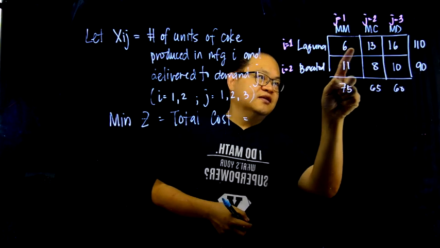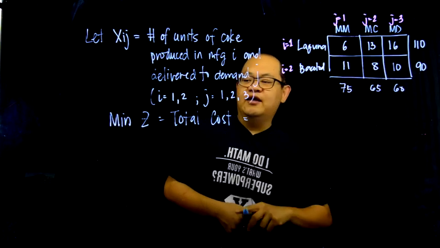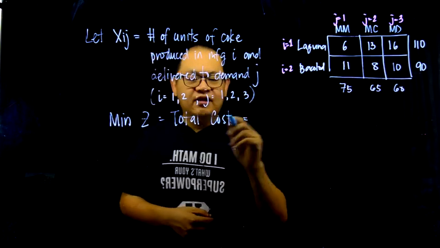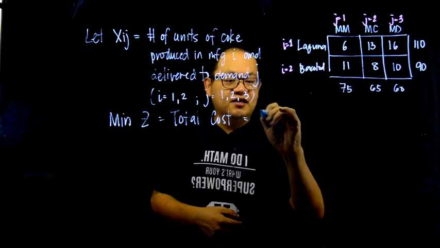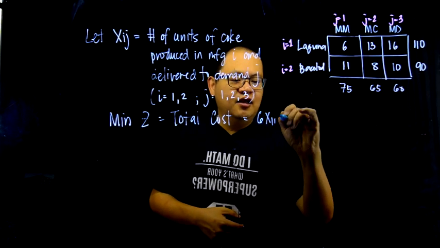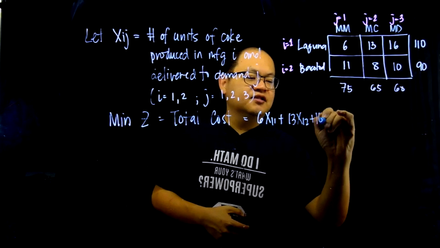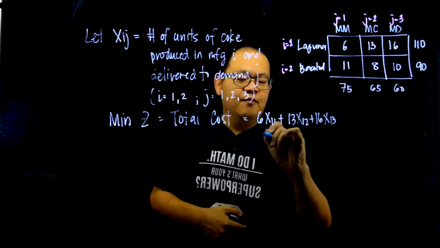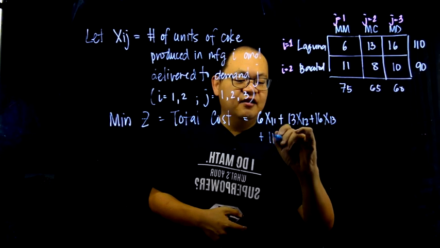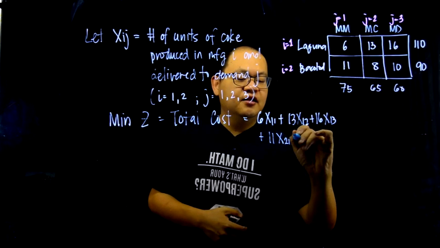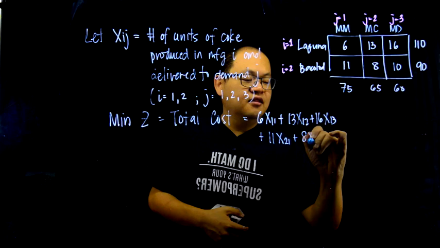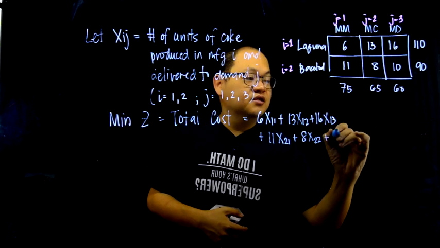So these are the 6, 13, 16, 11, 8, and 10. And therefore, we can define our total cost to be 6 X11 plus 13 X12 plus 16 X13 plus 11 X21 plus 8 X22 plus 10